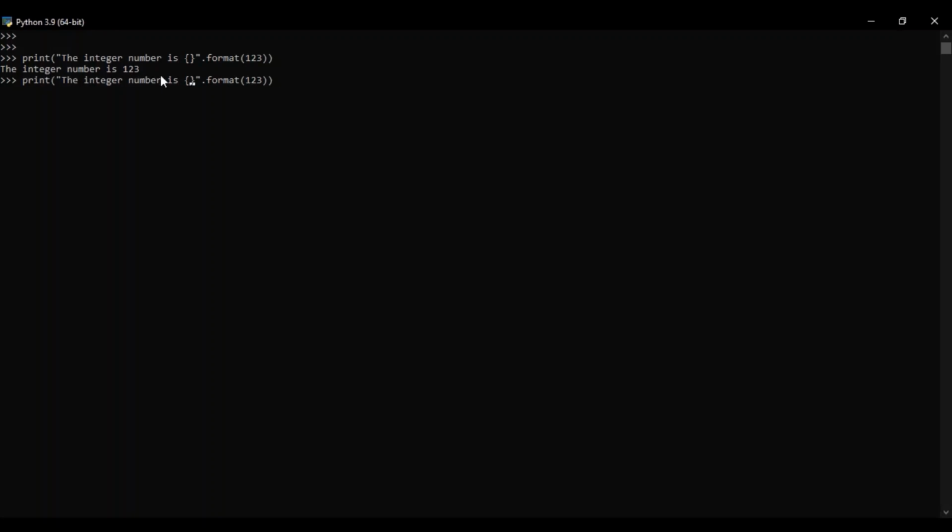So the next case is using the integer notation, so D. If I do it like this, I will be getting the same output, the integer number is 123. Now what I said is the 5D or 4D, anything. So I will give 5D. If I give 5D, if you take a look, we are getting the output, the integer number is 123,